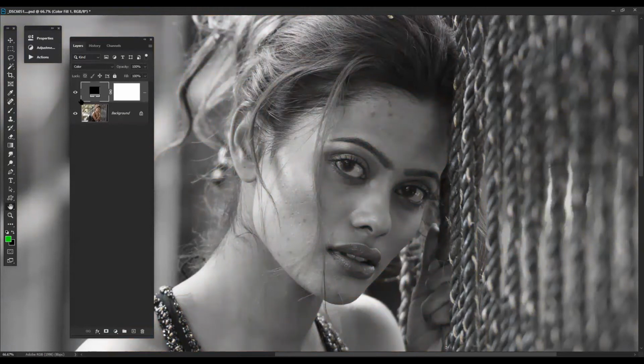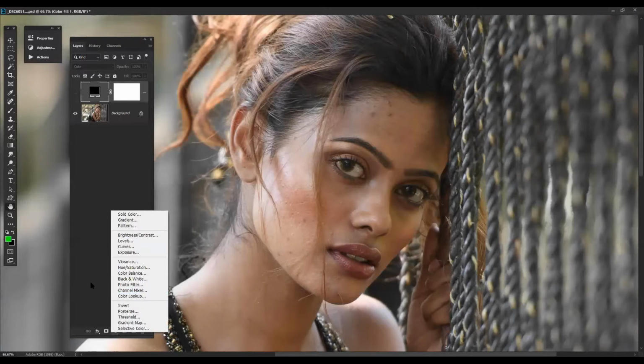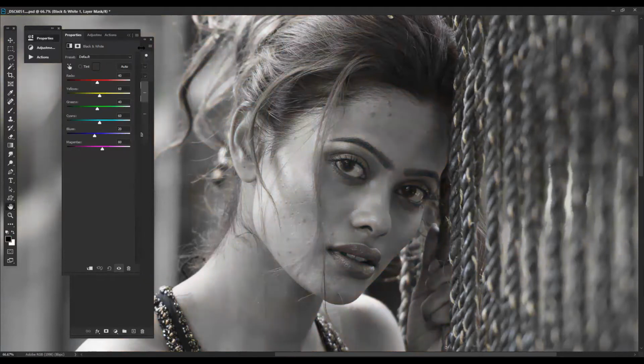The second thing we can do is take a layer, go to new adjustment layer, go to black and white, and a black and white layer is created. Now how can we adjust the black and white layer? Let's adjust it.